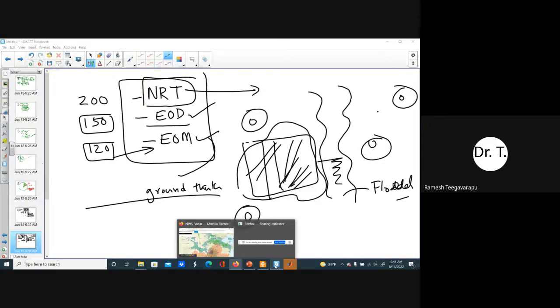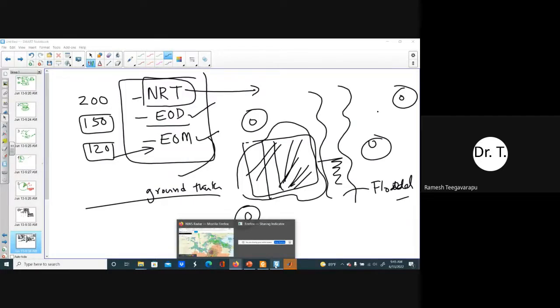So if reflectivity values are available from any of your radar sites, you can try this relationship and see how well the radar data estimates the rainfall compared to a rain